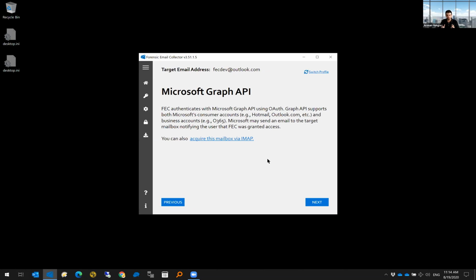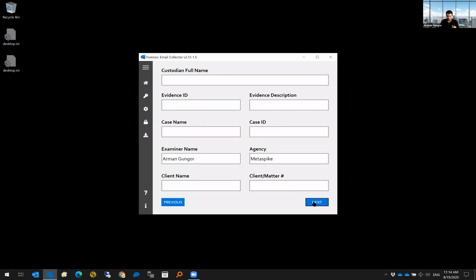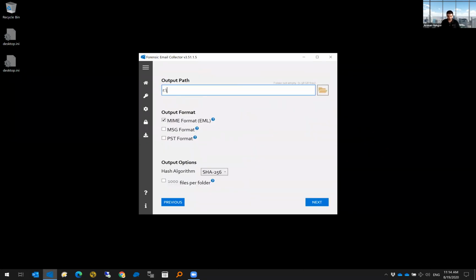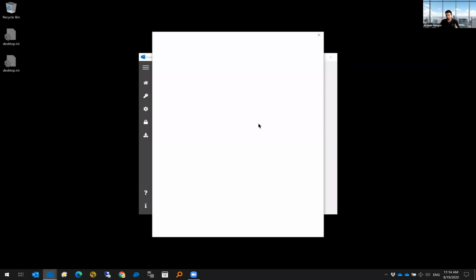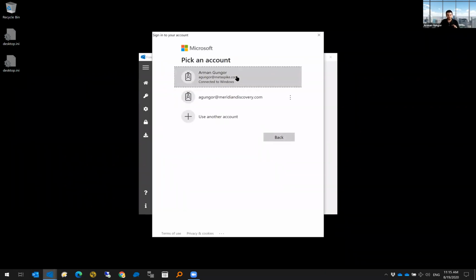So you're not stuck with searching using IMAP syntax or limited IMAP search capabilities. The other big thing is modern authentication. So you can use FEC Remote Authenticator to get an authentication token from an end user and not having to learn their password, or work around two-factor